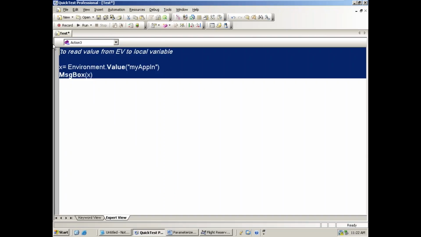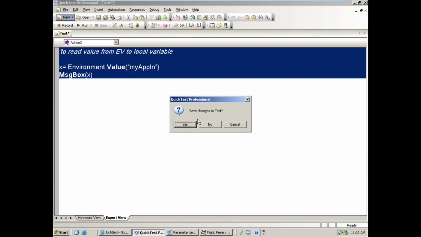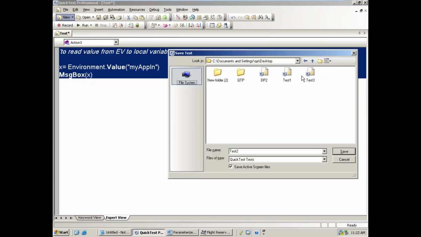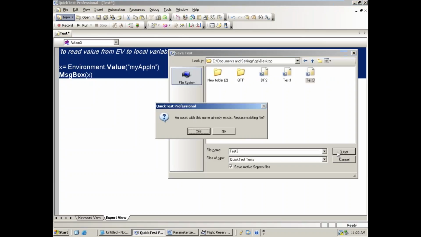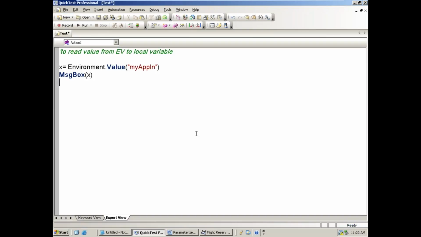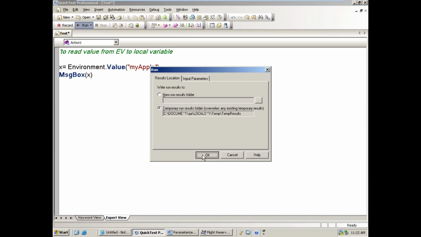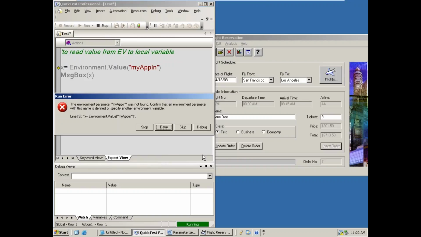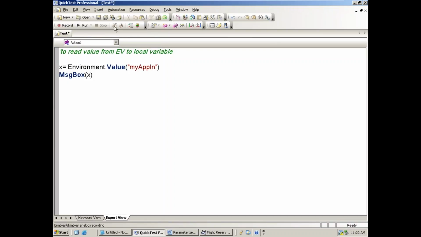Now same thing what I will do here. I will go for the new test. I saved this one as test 3 now. I go for the new test. I'm going to write the same thing. If I run, will I get the value or not? So because you want to get the value, this is new test 1. That is test 3. So where you created in the test only we can use internal environment variables, not for